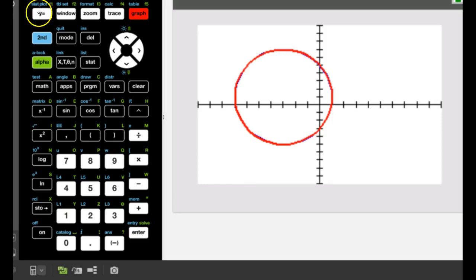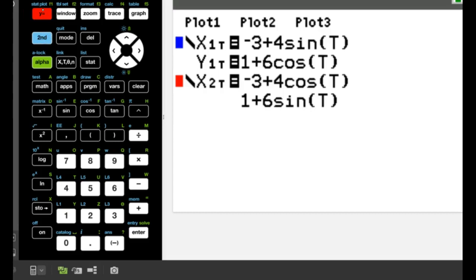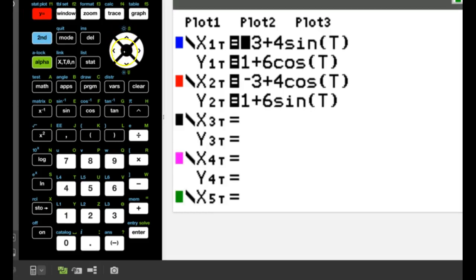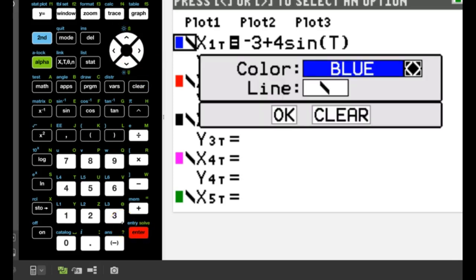I want to show you each of these individually just so that we can notice what happens when we change that sine and cosine. So first thing we're going to do is turn off the second set of equations so we can focus on the first set of equations. And I'm going to change the first set of equations so that it's still going to graph it, but I want to see what happens to it. So I am going to change the line